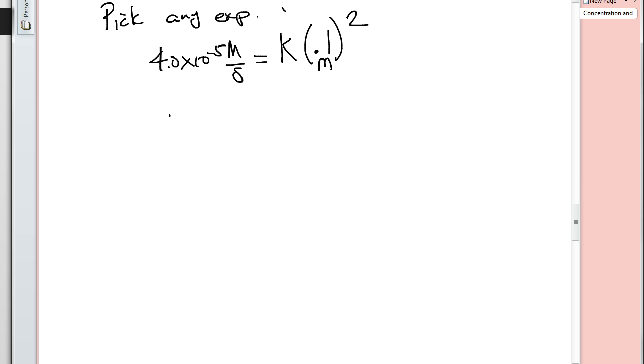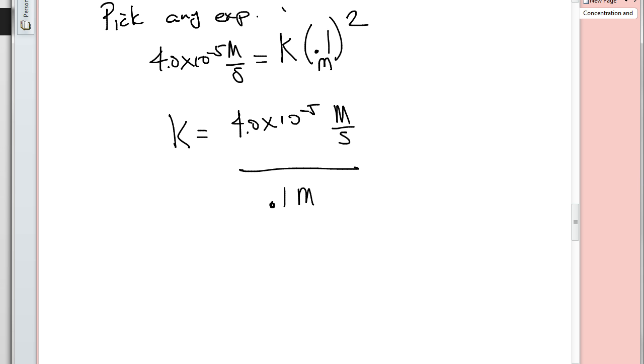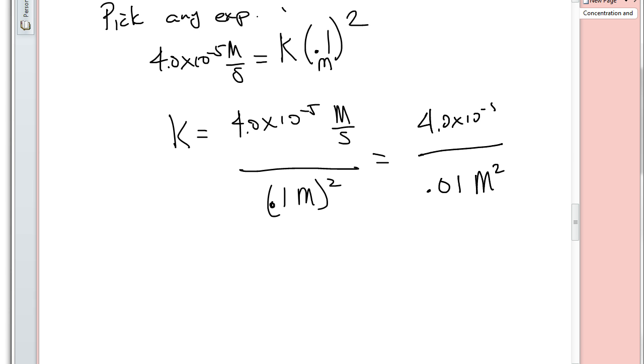Let's just solve it for K. So K is going to be equal to 4.0 times 10 to the -5th molarity per second divided by 0.1 molar squared. Okay, so what I do now is I'm just going to solve this. I need to square 0.1. So we do have to square that value on the bottom. So what I get as my denominator is 0.01 molarity squared, and then we're going to do 4.0 times 10 to the -5th, which is our rate, molarity per second. Okay, so there's our setup. Now, when I go ahead and divide this out,